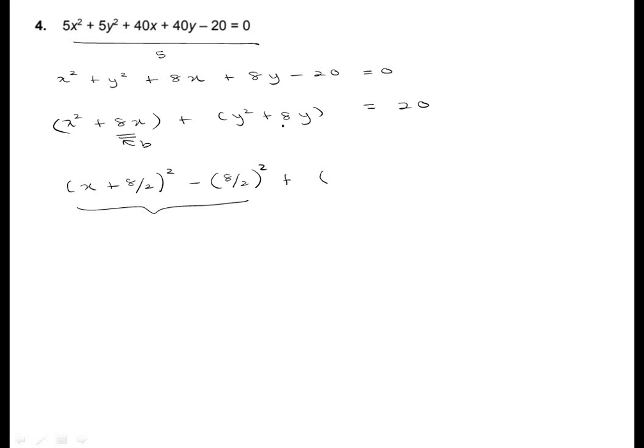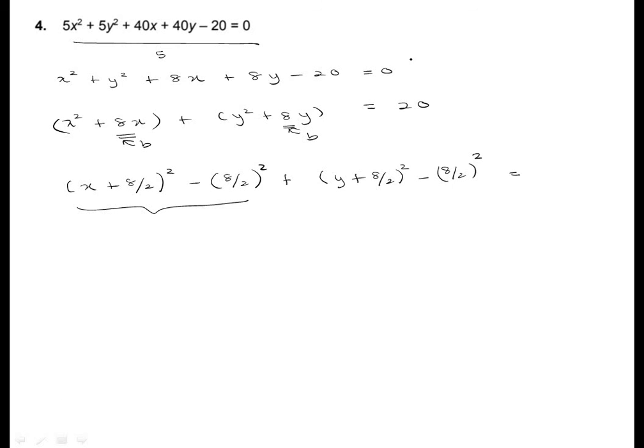The b for y is also 8, so (y plus 8 over 2) squared minus (8 over 2) squared equals,